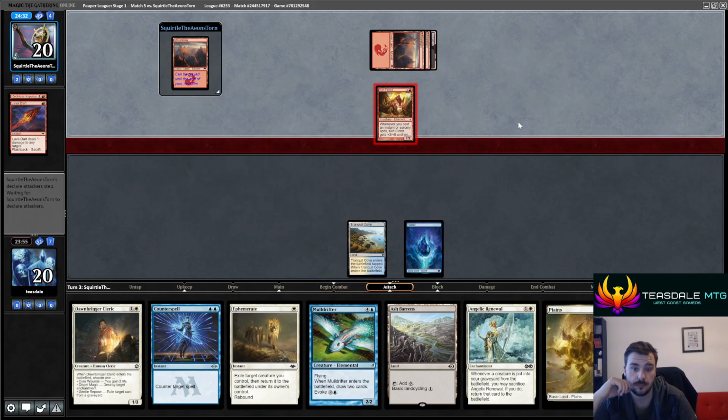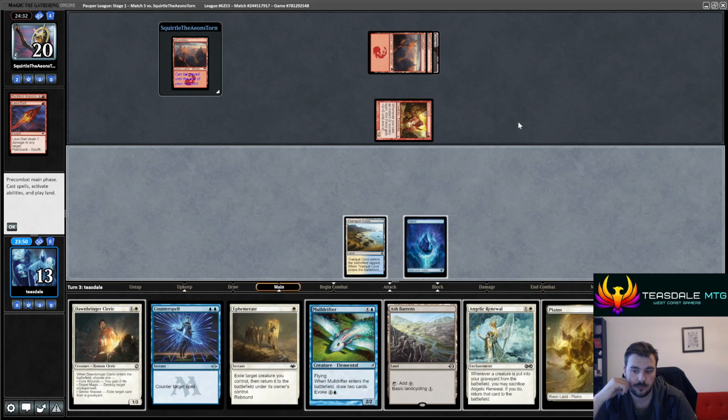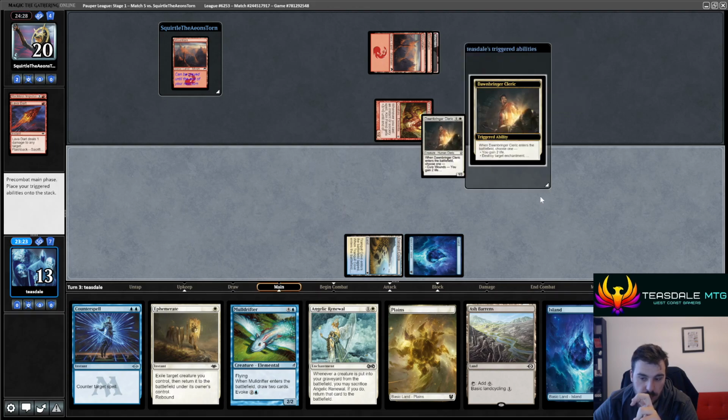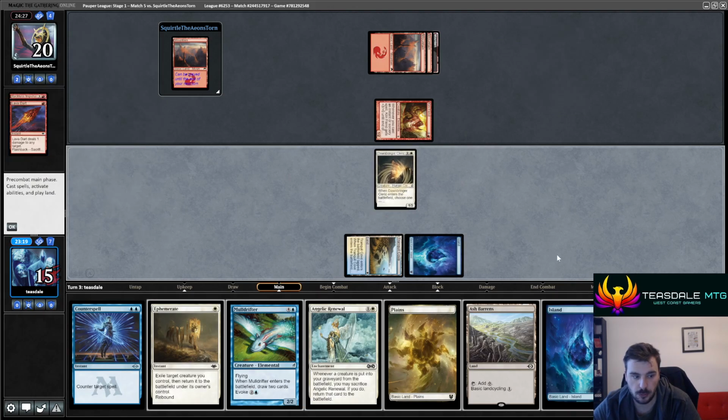Ow. 7. I did forget to Ash Barrens. I don't think it matters too much. Oh dear. 4 cards in hand, 1 for each spell, so that's 4 free damage there. Huh. So, if I do this to gain 2, then play the island, hold up the spell. Maybe should have exiled this as well, but...